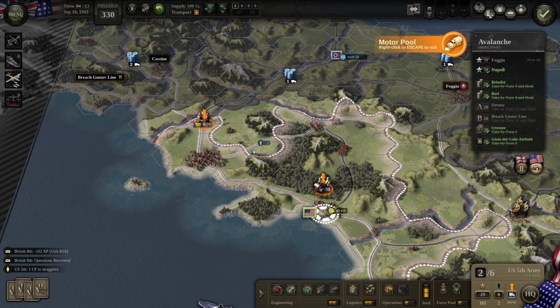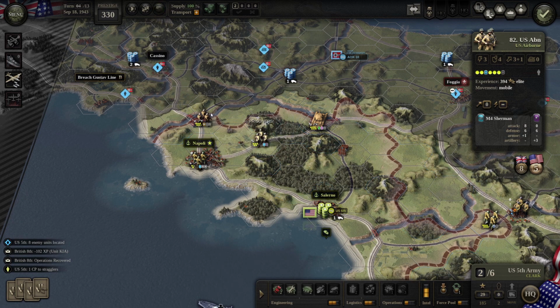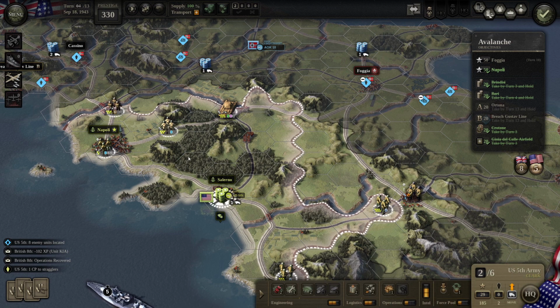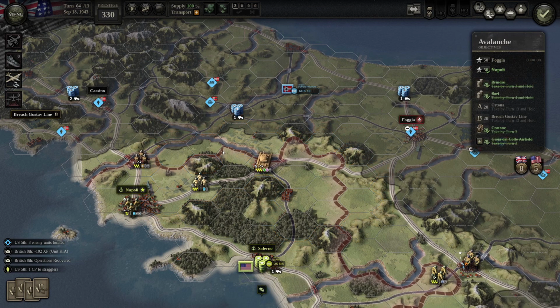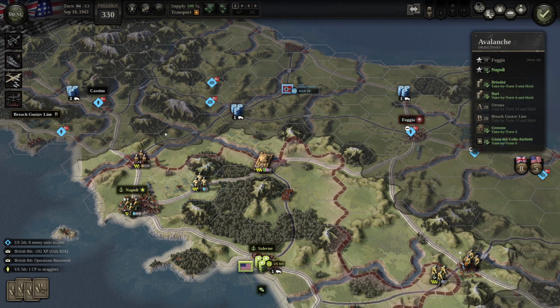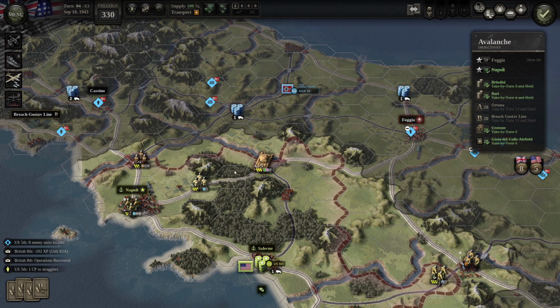So we got a motor pool. Ooh. Oh yeah. Alright, that's good. So we've got a strong presence. I guess without knowing how many Germans we're fighting, it's difficult. Do we just keep pressing forwards? I'm scared. Last time we did that...